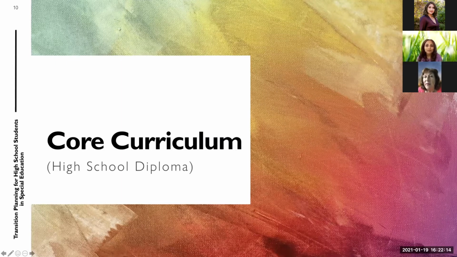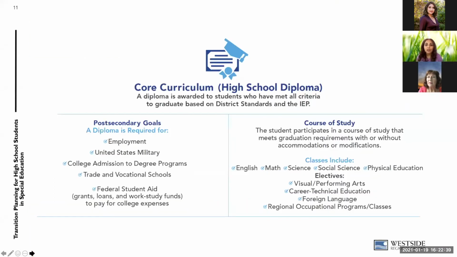The core curriculum, and this is something that Fabian will explain in more detail. Thank you. Barb briefly mentioned, there's two pathways in completing high school, and the first one is core curriculum. That allows a student to come out of high school with their high school diploma. This is the path that everybody takes in high school that doesn't have any disability. The rules apply almost similarly for our students with disabilities.